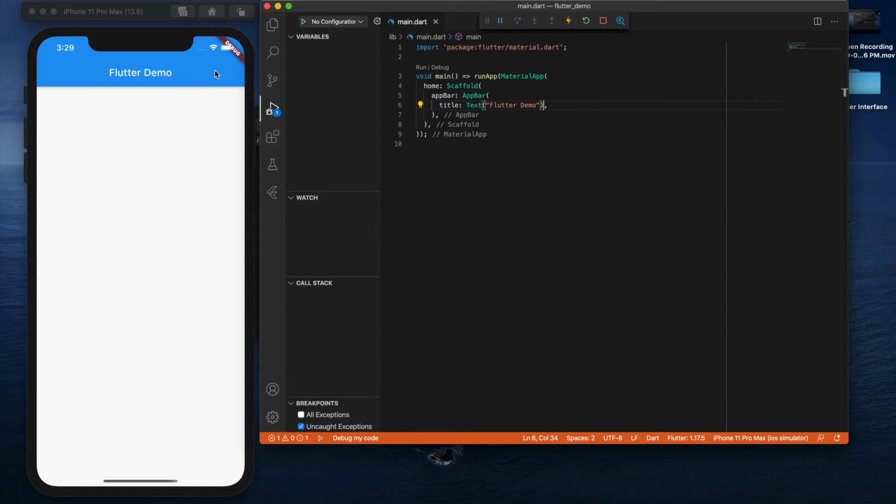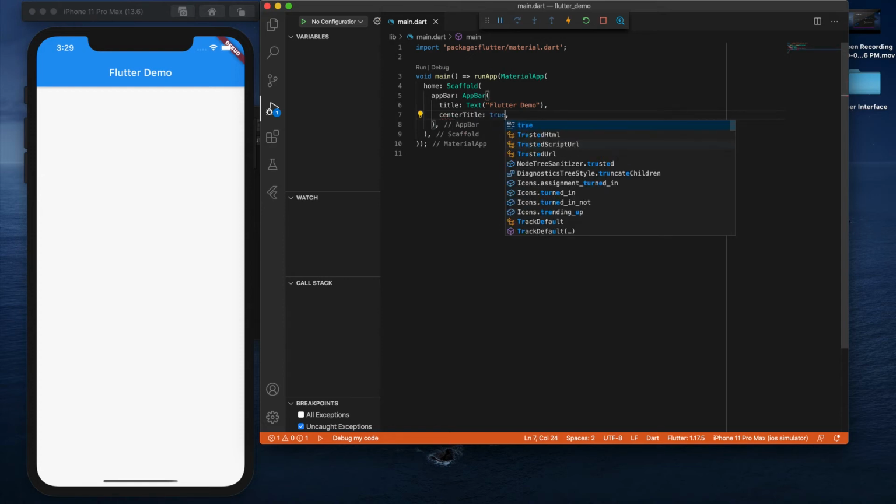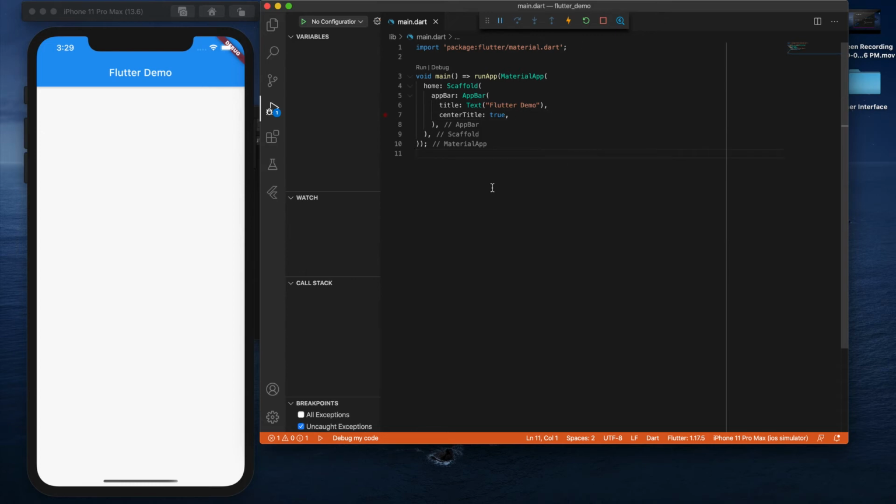But in most cases in Android, it comes on the left side. To avoid that, you can use one more property called centerTitle. When you keep it as true and run the application in Android, the title will appear in the center. In iOS it won't do anything, because by default the title is already centered in the app bar.